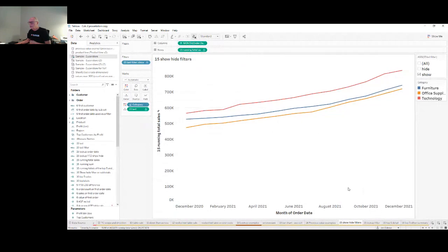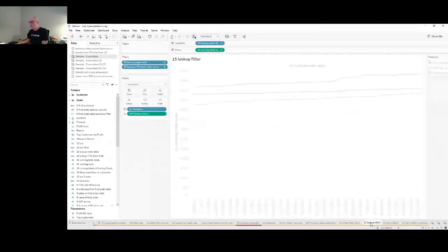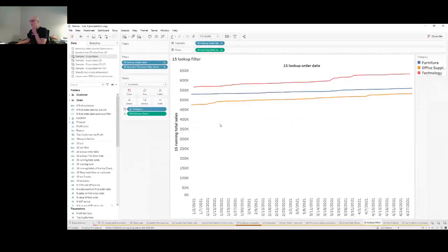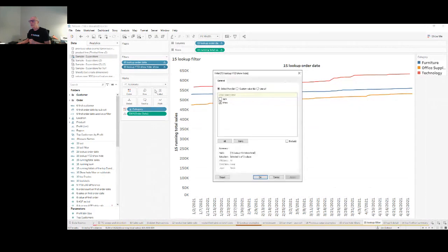We looked at using some show hide filters, and I want to show you a different way of doing it. And I know I'm running a little late here because we got started a little late. So I'm going to cut to the chase and show you how to do a lookup filter. And lookup filters are a way